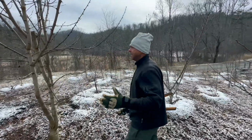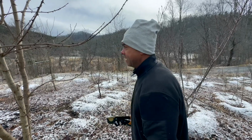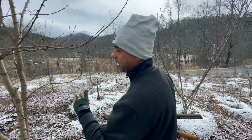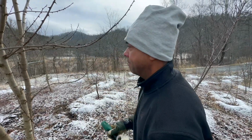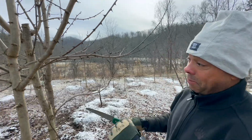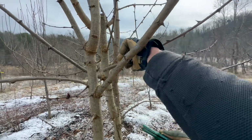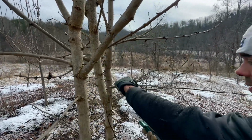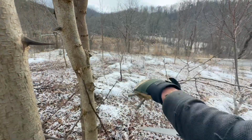All right, this is that same black locust on the other side. Man, I could really take a whole lot out of this. But right now, I'm just gonna get rid of the stuff in the line and in the lane. There's nothing in the lane, but I'm gonna basically go back to my other one right here. And like I said, with the black locust, man, you can absolutely abuse this sucker and he's still gonna come back. And the cool thing is, in the worst case scenario, these are the trees I can afford to